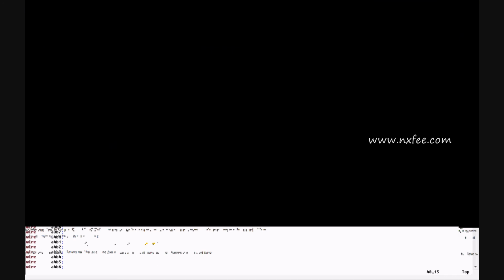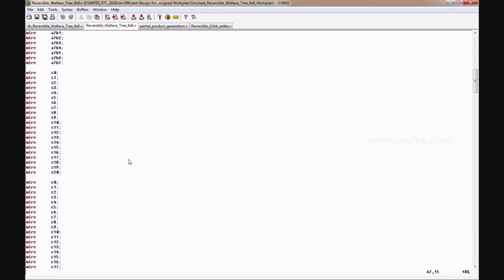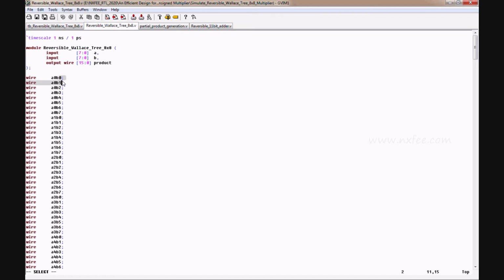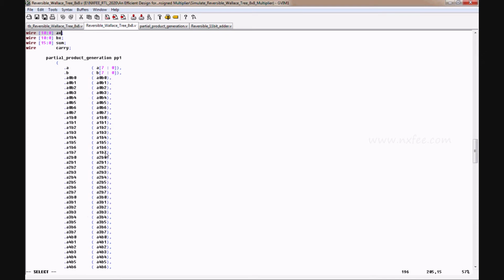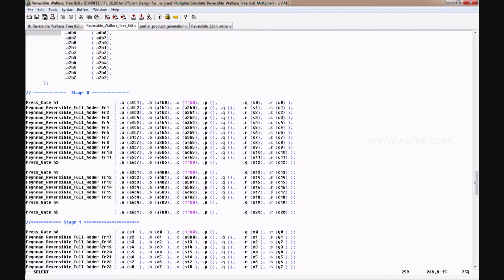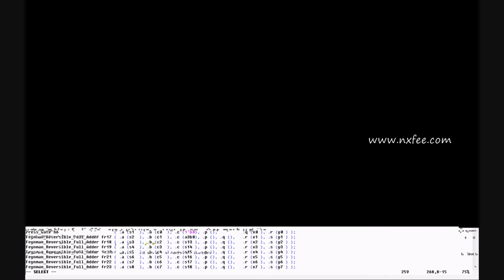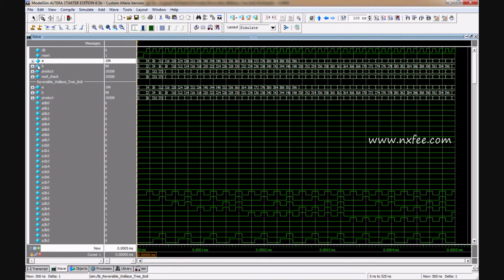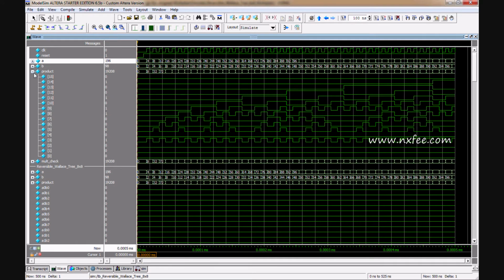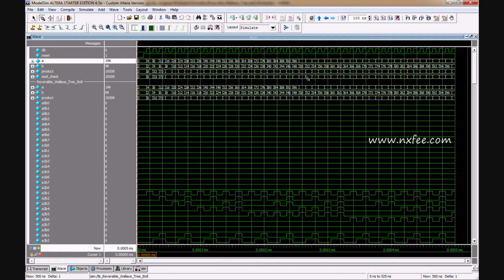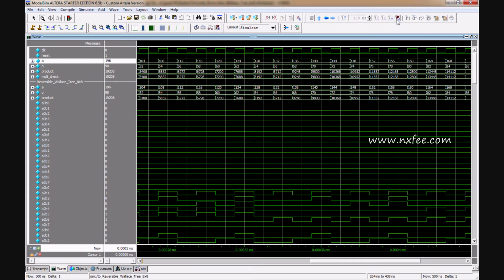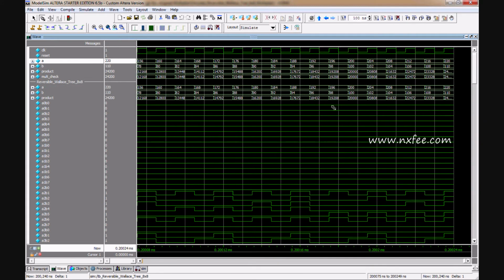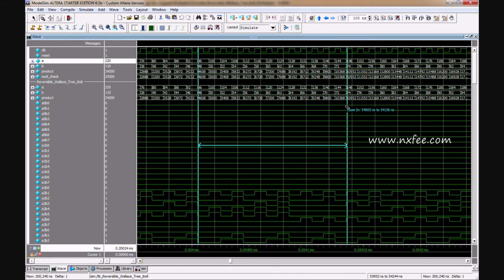Here the number of partial products is 64. For example, A is 0 and B is 0, or A is 7 and B is 7. This is the code for the top module partial product generation, and this is the stage 0 and stage 1 based operation, and this is the simulation output for this 8x8 multiplication. Here A is 8 bits, B is 8 bits, and the product output is 16 bits. Now we can verify the higher values because this is an 8-bit multiplication. For 8 bits we can check up to 2 power 8, equal to 256, so we can check anywhere.